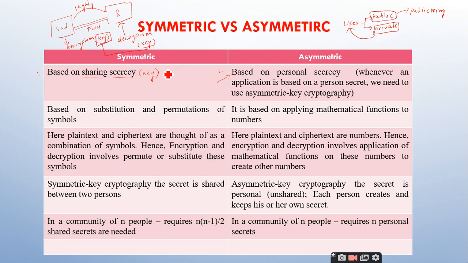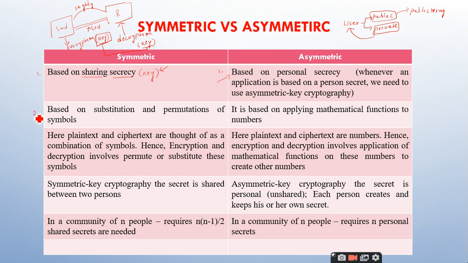So in symmetric key cryptography, the key itself is highly confidential, but in asymmetric key cryptography, there are two keys. One key is open, exposed to others in the community. But the other key, which is private, is very confidential and should not be exposed to the others of the community. Clear? Yes, sir.